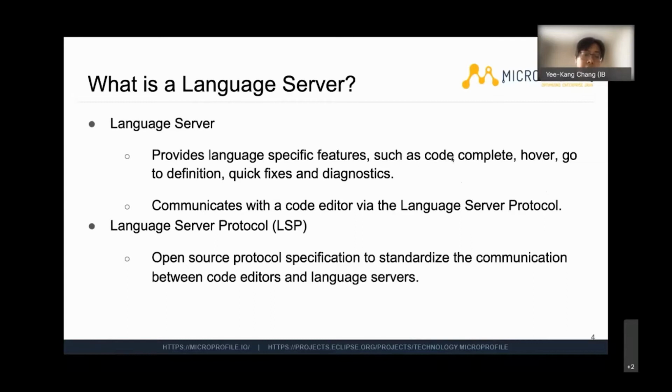Right, so with MicroProfile as the set of APIs to allow us to build cloud native Java microservices, now what is the language server? Why do we need a language server for MicroProfile? Obviously, MicroProfile is the set of APIs that developers will work with, and developers will work with editors or IDEs that hopefully will make it easier for them to code using MicroProfile APIs. So that's where